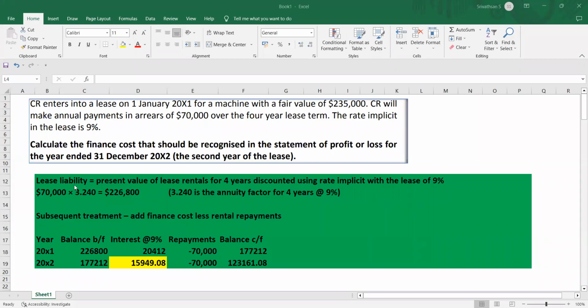Hello all, in this video we are going to discuss some of the practical questions from IFRS 16. Let's get started. The first question is CR enters into a lease on 1st January 2011 for a machine with